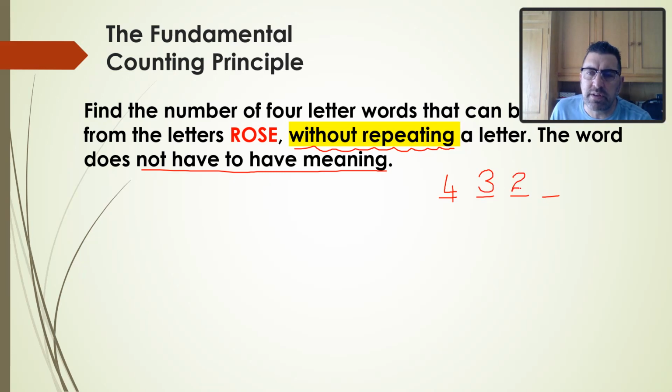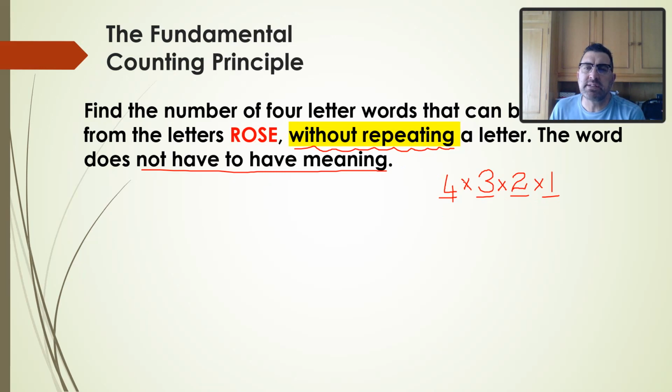For the third, there'll be 2 choices, leaving us with 1 at the end. And what are we doing? We are multiplying all of these. That's the total number of ways in which those 4 letters can be rearranged. It doesn't have to have meaning, so it's just a matter of there's 4 letters, rearrange them in different